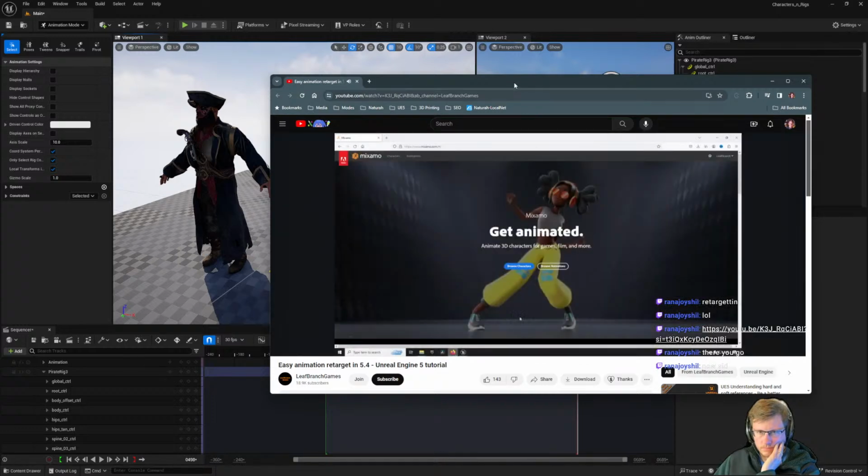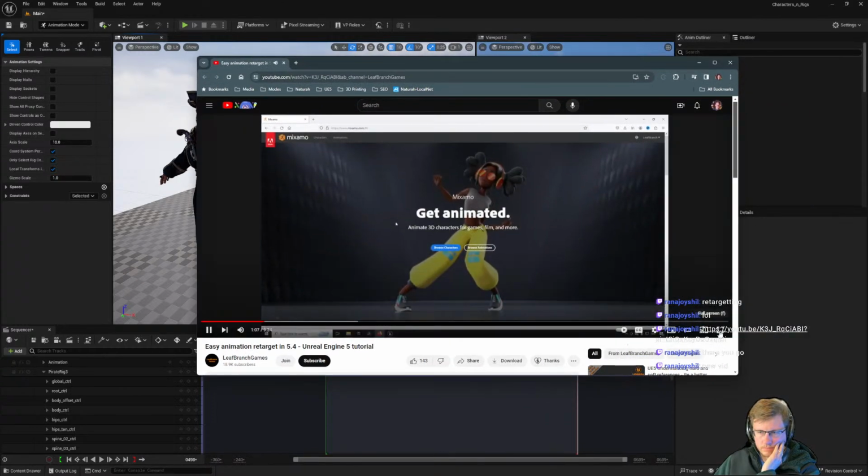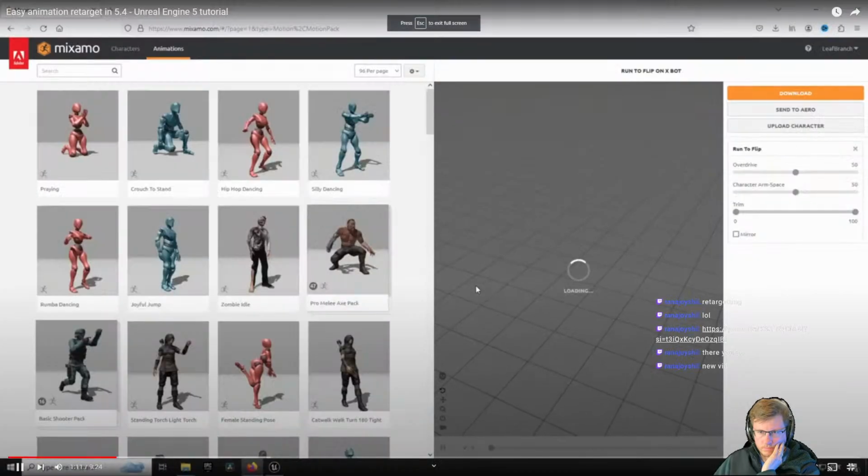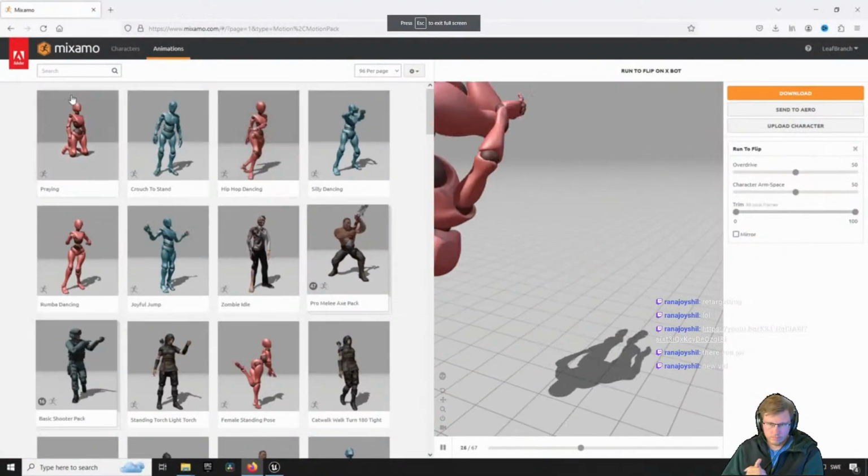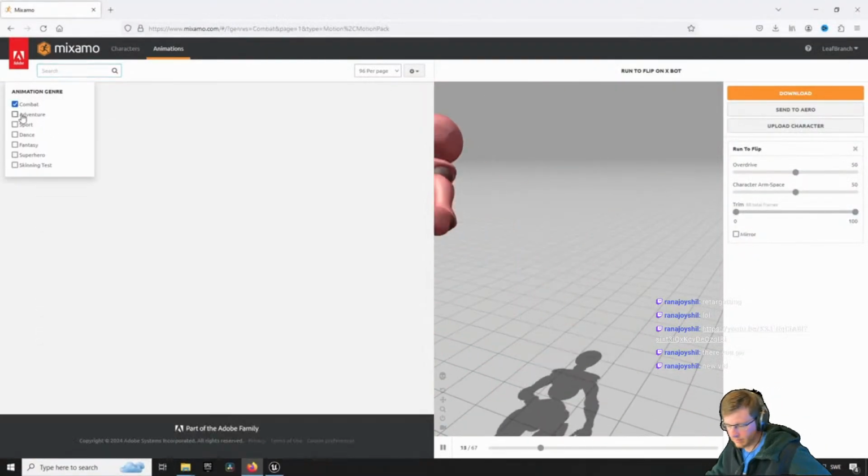And essentially what we're going to be doing is we're going to go to Mixamo. You'll find a link to this in the description if you want to go here. And we're going to be going in here and just picking something to make use of for our tutorial here. So if we go in here, you can browse around for different kinds of categories of